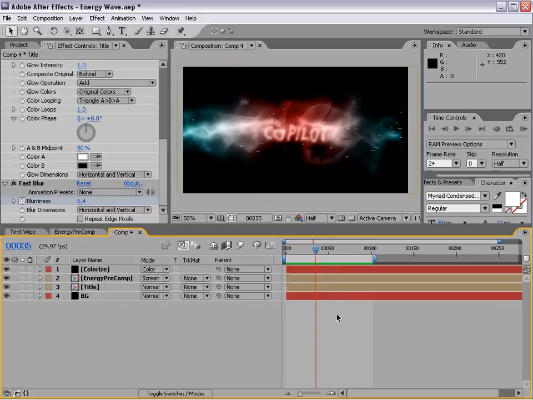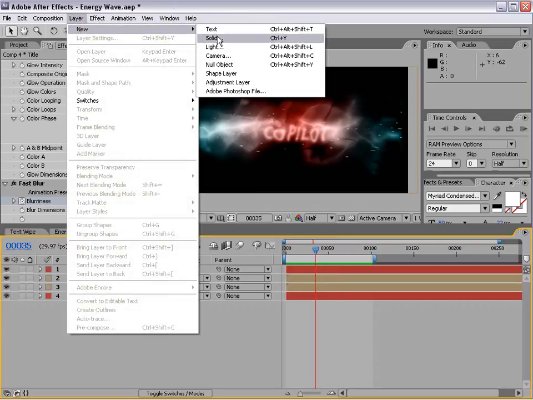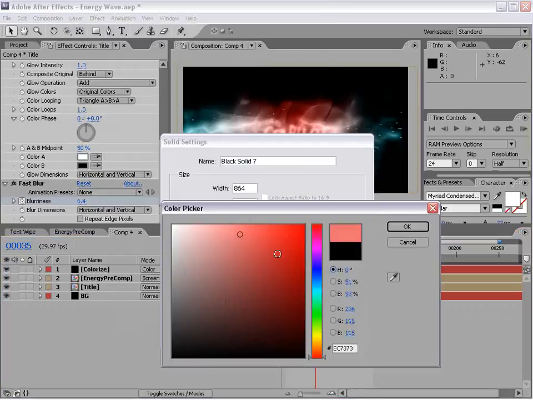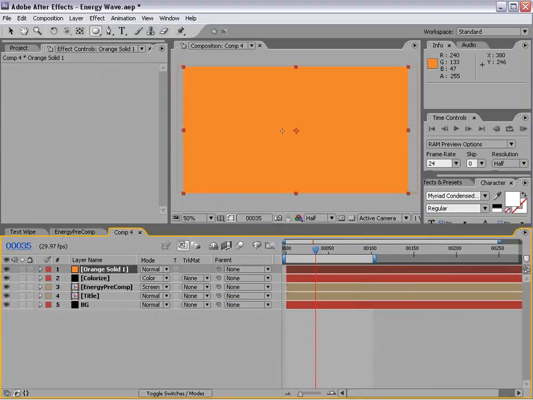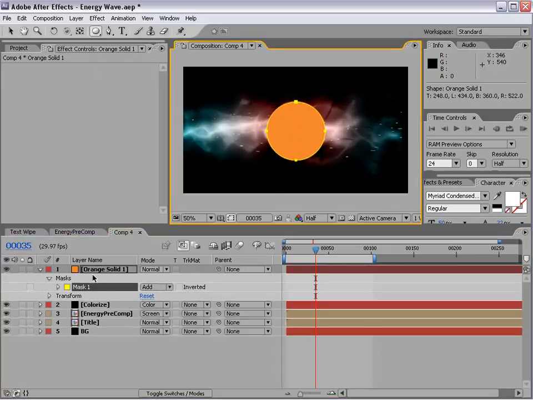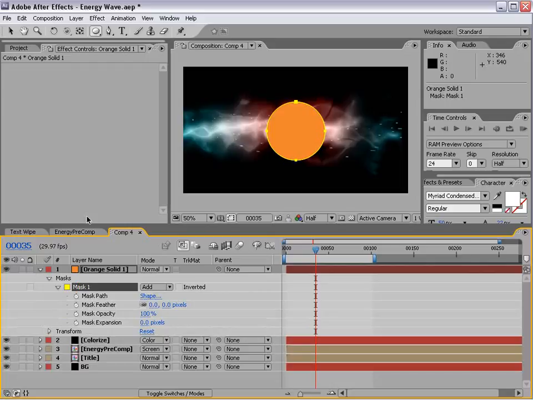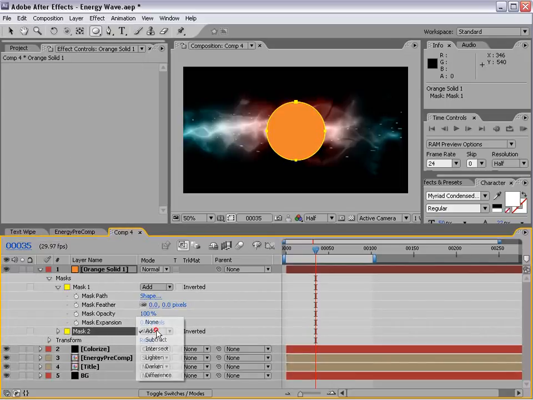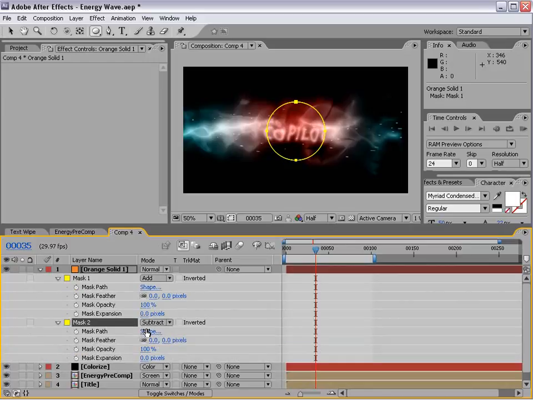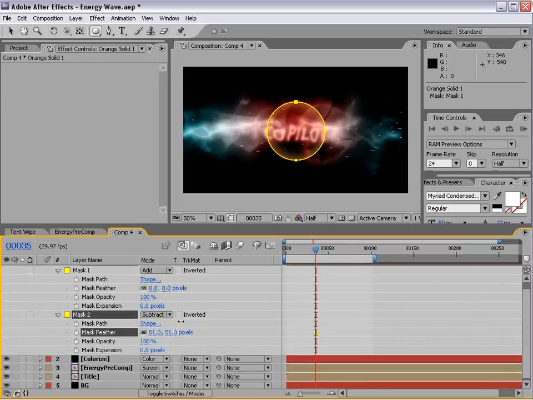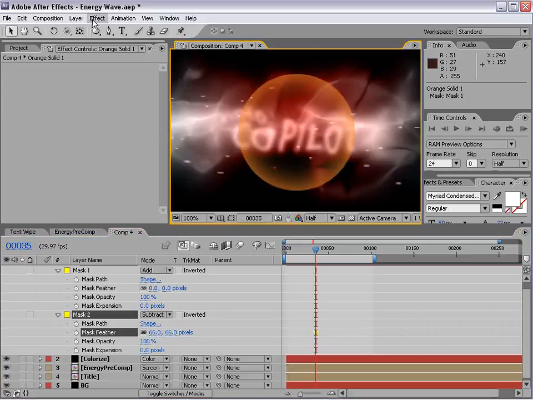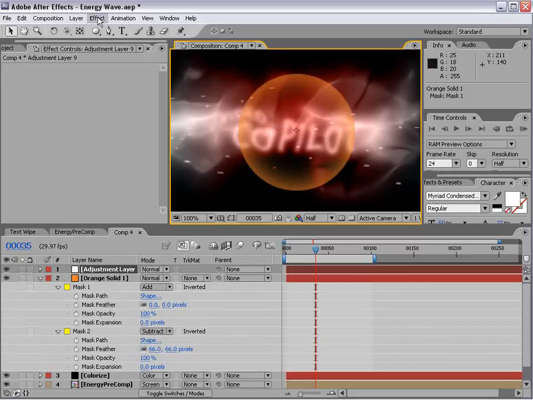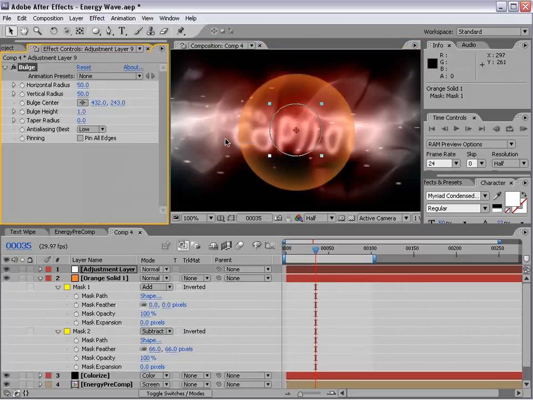And I did get a few questions about creating this sort of orb-like thing, and real quick, I'll just show you an interesting way to do that. Basically, you want to make a solid. We'll make it orange, and then we just add an ellipse mask and hit the mask and duplicate the mask, and then set it to subtract, then hit MM and feather it. So that creates a nice circle, and then we can add an adjustment layer, and we'll choose distort bulge,